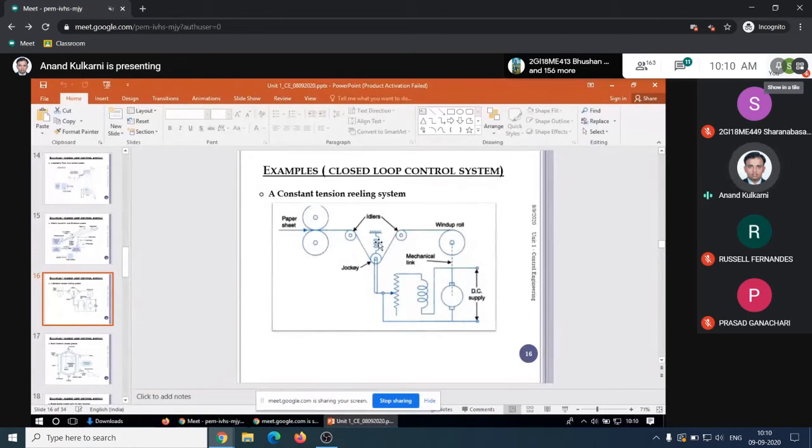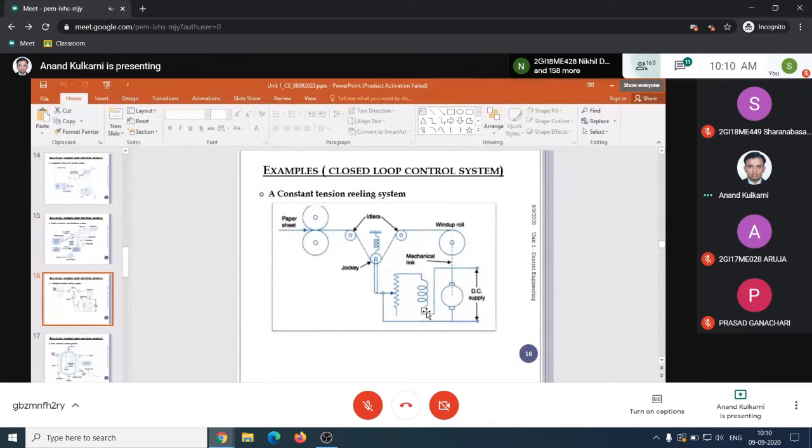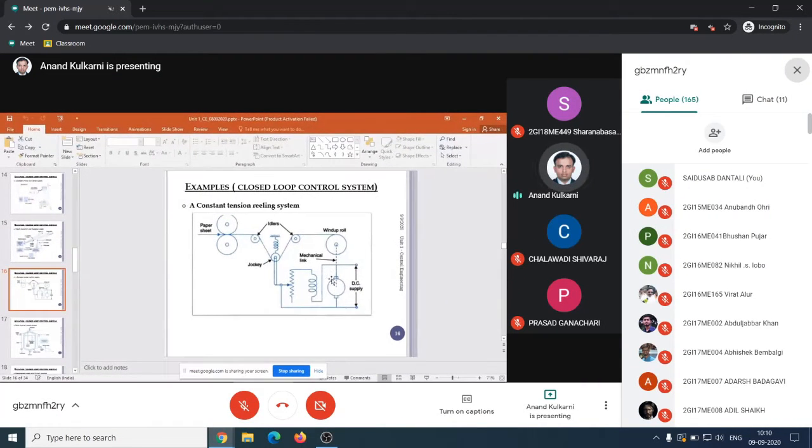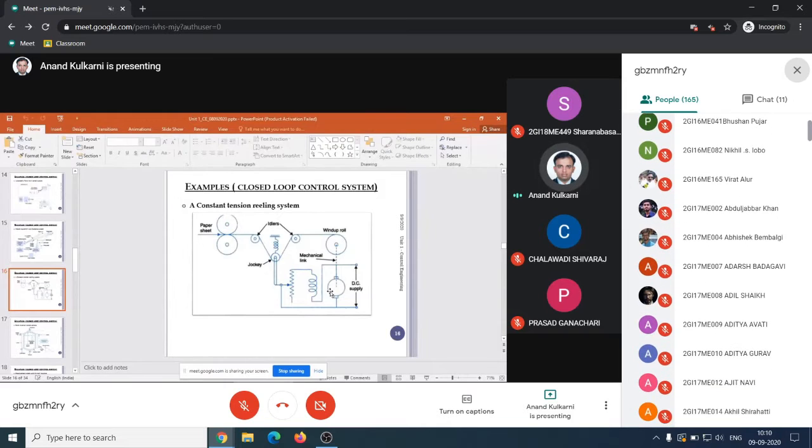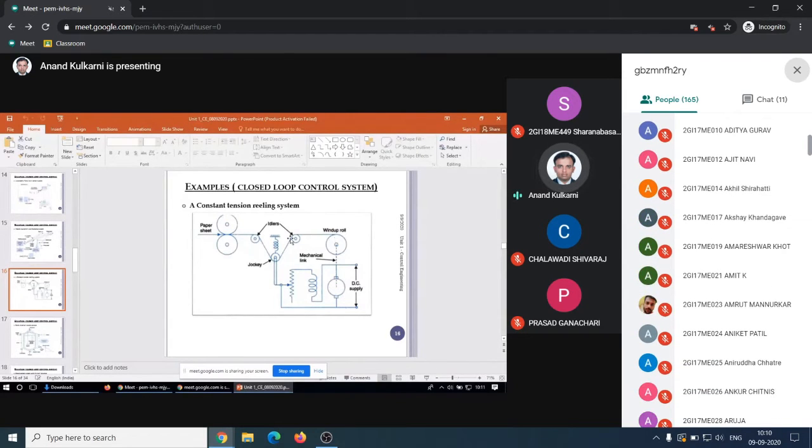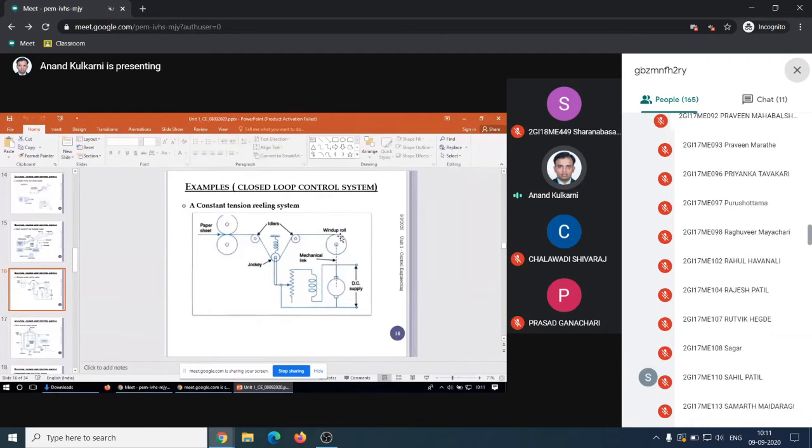So here, if you see, as the roller diameter goes on increasing, even though speed n is constant, as d goes on increasing, the velocity goes on increasing. Then there will be more tension in the paper. So the tension in the paper is monitored by the spring roller, and it will control the position of the jockey on this resistance, and thereby the field supply to this DC motor is regulated, and because of that the speed of the motor changes such that velocity is kept constant, that is pi dn upon 60.